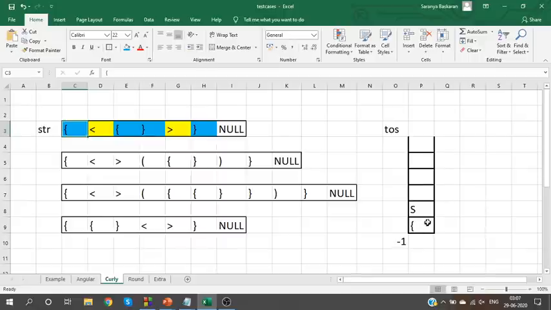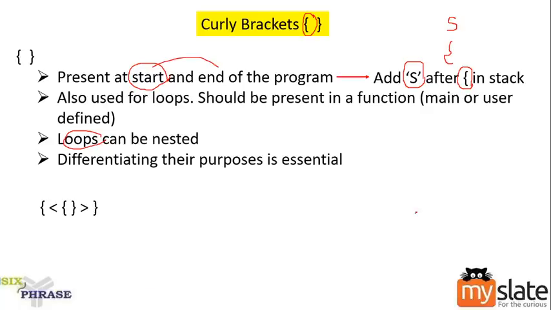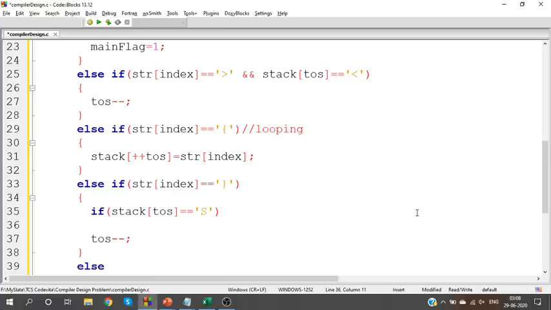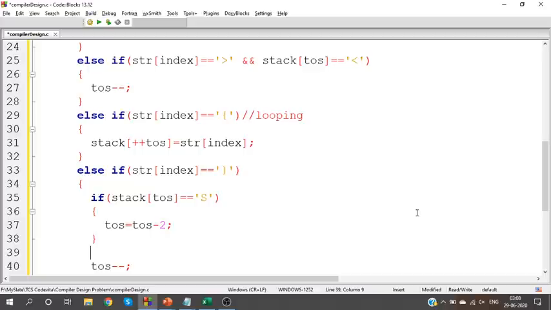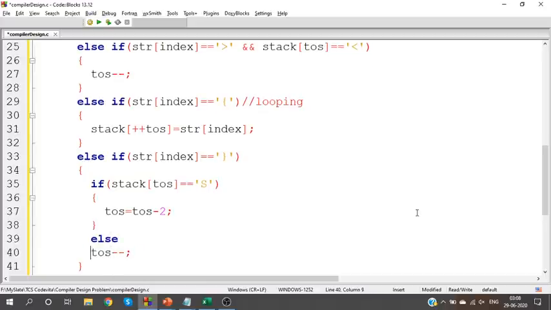If our stack contains "yes", in that case, we should pop two elements. Since we added two elements for the open bracket, in this case we will pop two elements, minus 2. Otherwise, we can pop just one element.